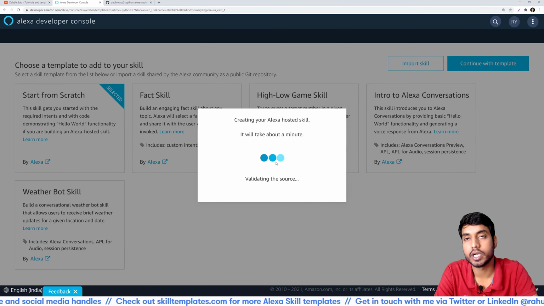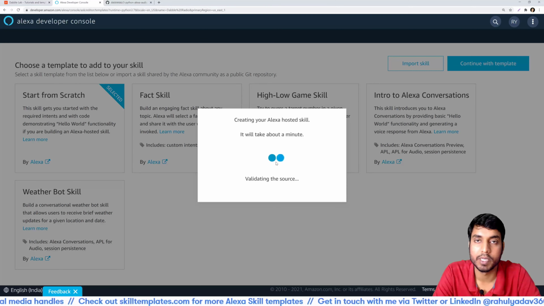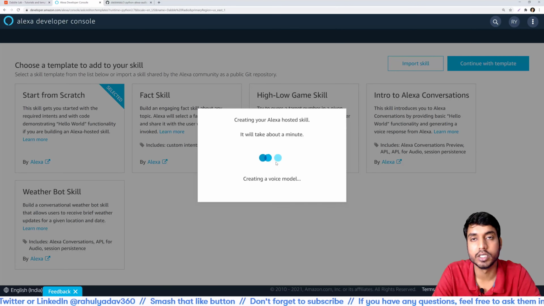Once you've done this, it'll take a minute or two to complete the process. And while it's being done, I'll talk you through what's happening in the skill. So in the skill code, what we've basically done is we've taken a small metadata and put it at the top of the skill code, which you can find and edit straight away with your radio streaming details like the URL, the name of the radio station, your images for your radio station and all of that.